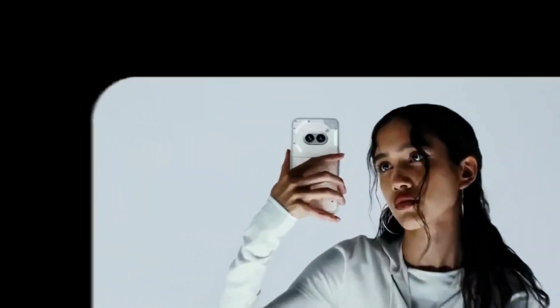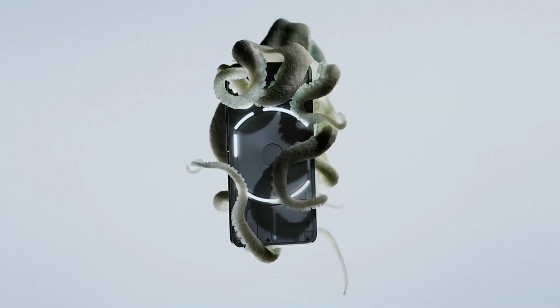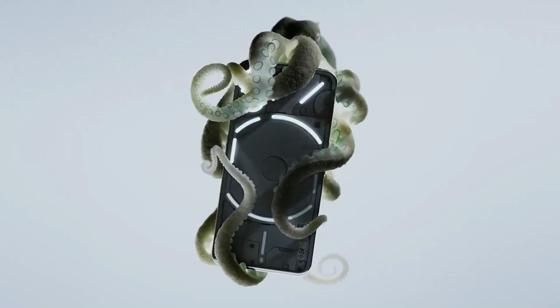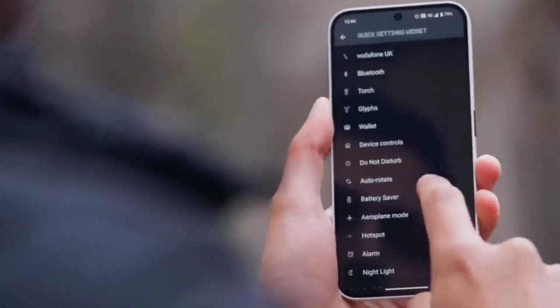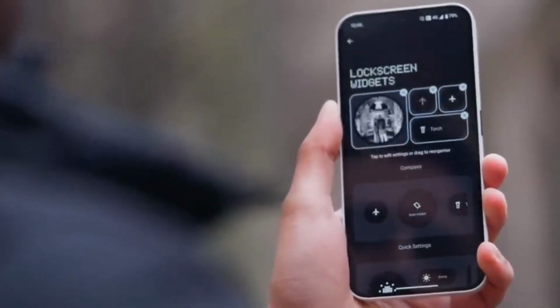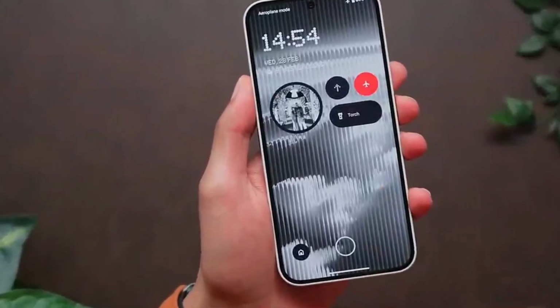Like look how different the wood paneling looks on the main camera versus the ultra-wide. Oh yeah, and that ultra-wide, even though it is 50 megapixels, it doesn't feel it in day-to-day use. It feels distinctly not very detailed. The front camera only shoots in 1080p. There is no 4K, and while it's not bad for 1080p, you can tell that it's lacking as far as